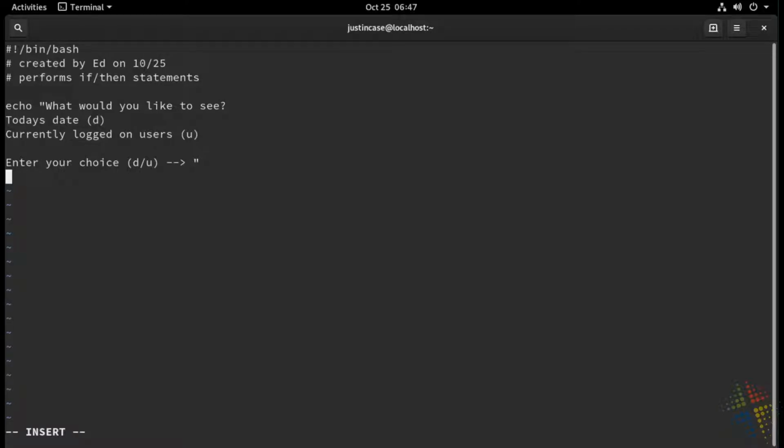Now I want to use the read command in order to get an answer. Remember, read will read the input from the user and then store that into a variable, in this case, the variable called answer. So now we're going to start with our if-then statement. So if, and we get a little funky here with some square brackets and answer equals D. The square brackets just help identify that we want to look at the contents of what's inside of those brackets. Then